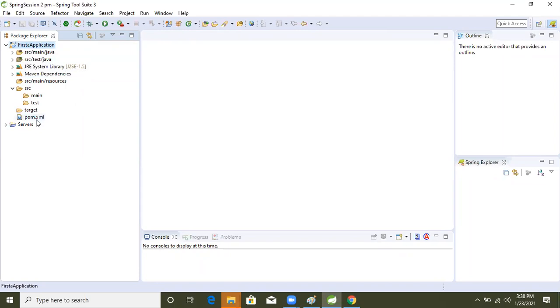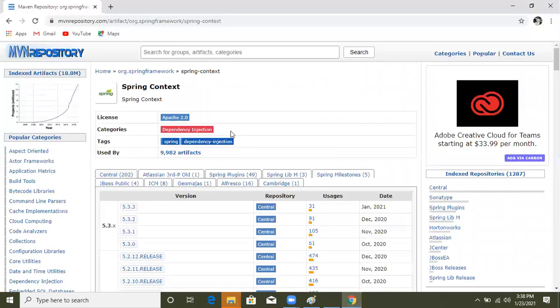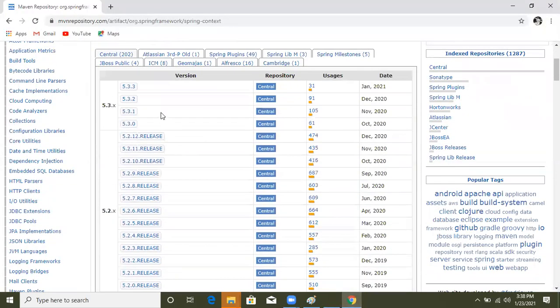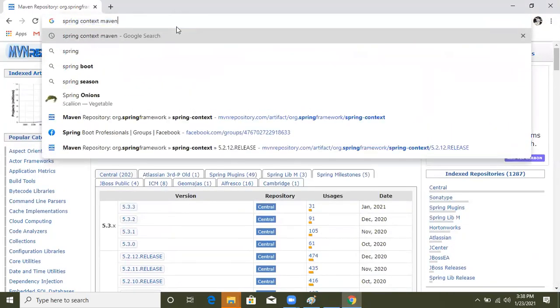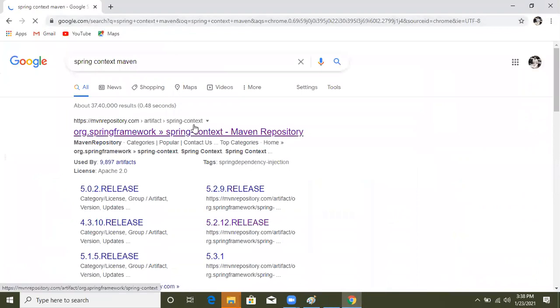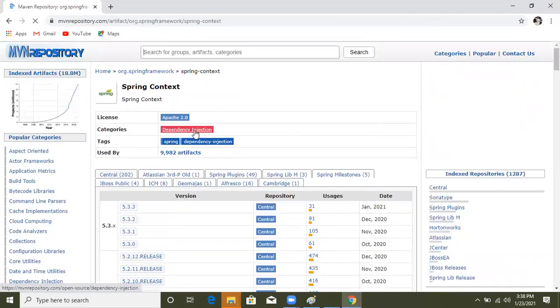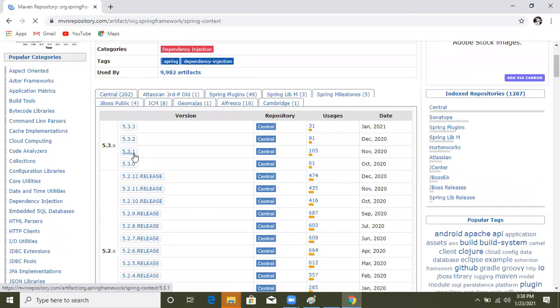So now we need to work on the Spring framework, right. So we need dependencies. So we will open the pom.xml. In that we will go to the central repository. In the central repository we will search for spring context Maven dependency, right. See the spring context Maven dependency, and we will copy this one.